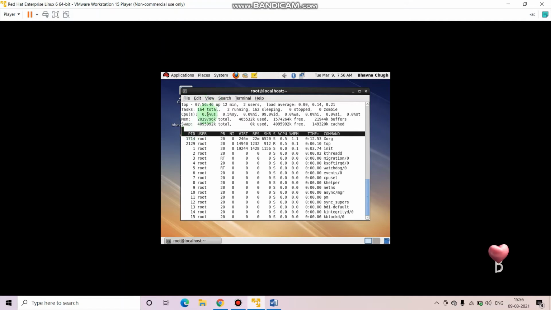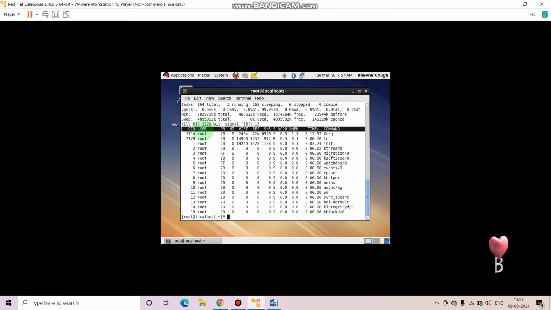We'll press K because we want to kill now, and after pressing K you have to put down the ID of the process you want to kill, and you have to press 15 now, enter. See, before we were coming here, now it has come here.